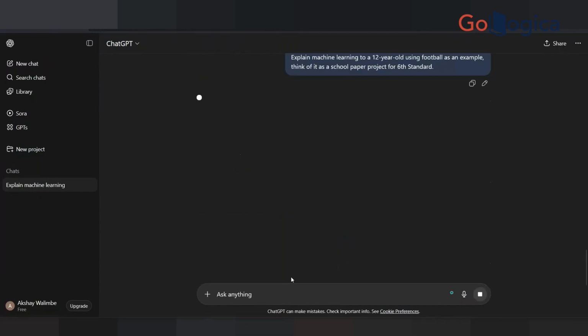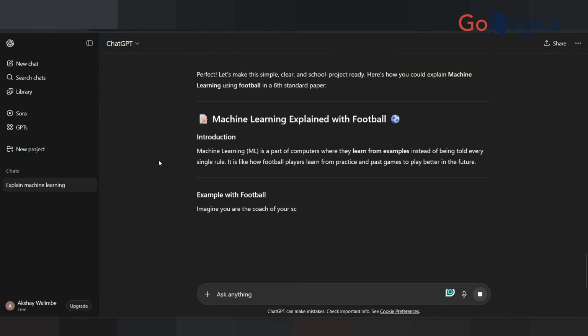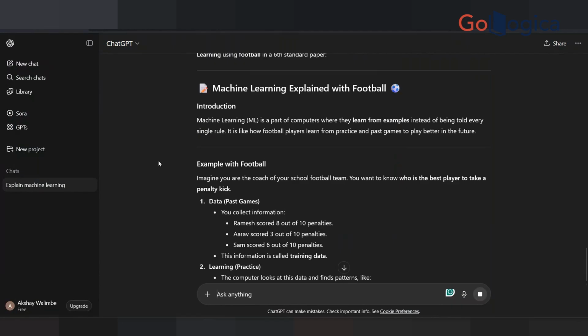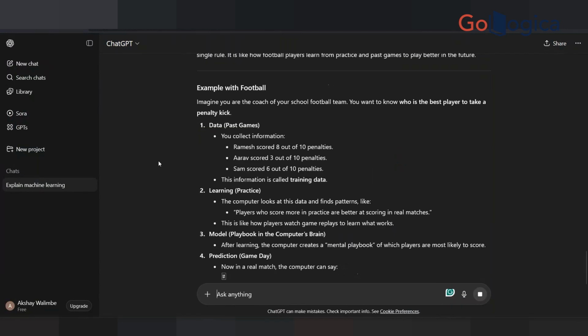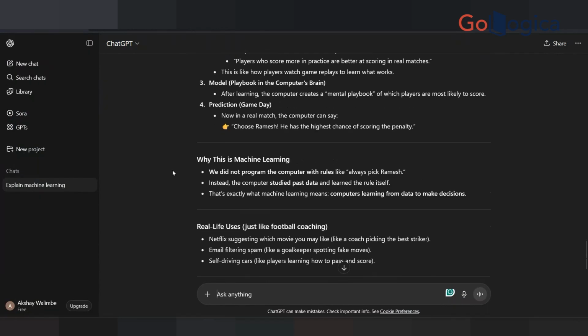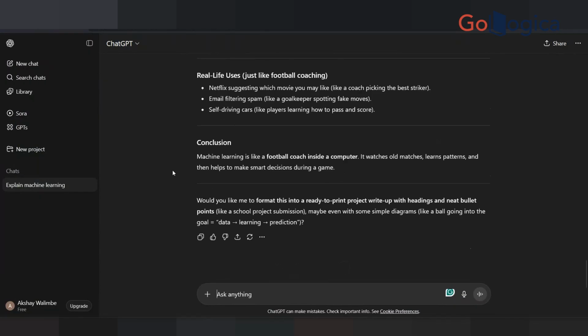If we send this prompt now, it will give us, okay, it is not even just explaining in simple language. It is also adding more names and examples here. It's adding examples, names, and everything. So the process is the same, but with added context, it gives us better output. So that is the thing.